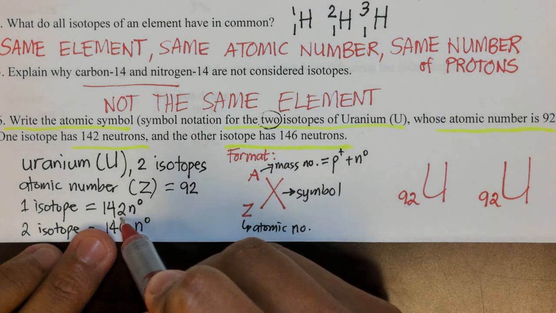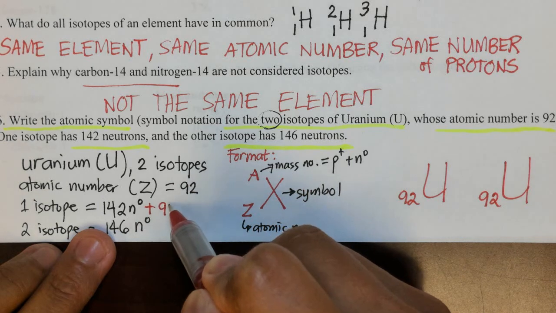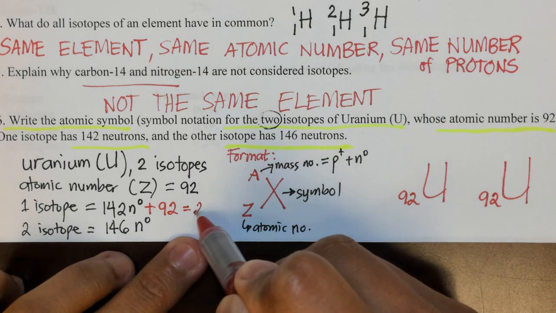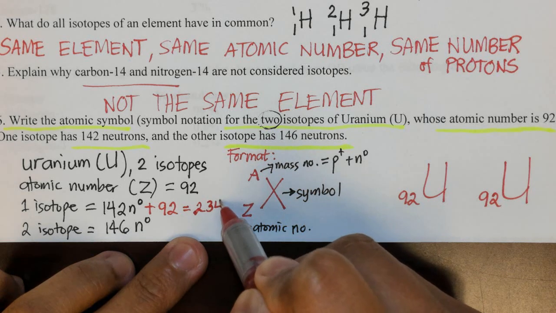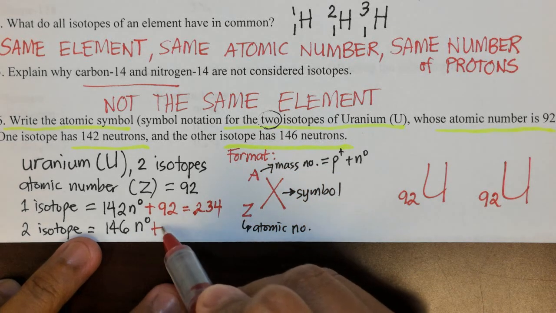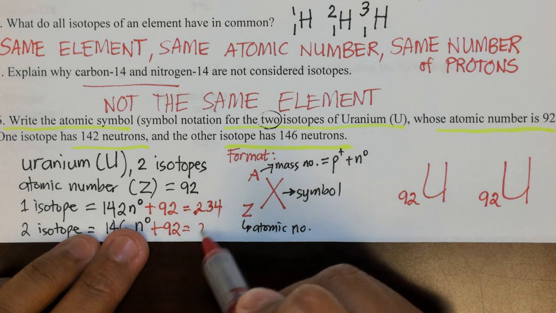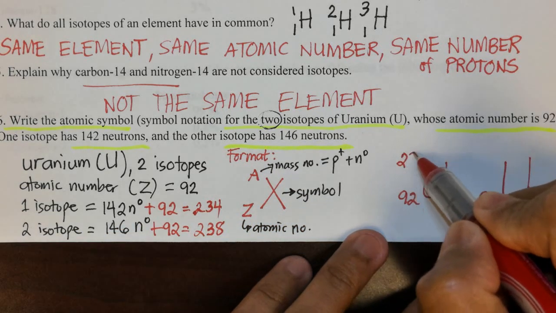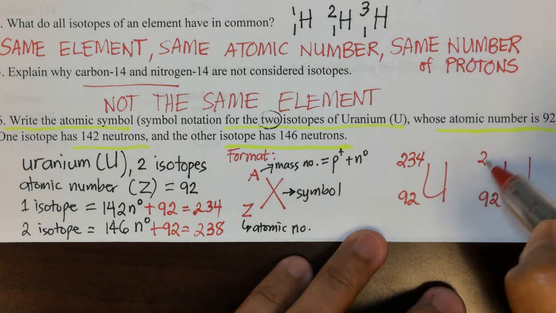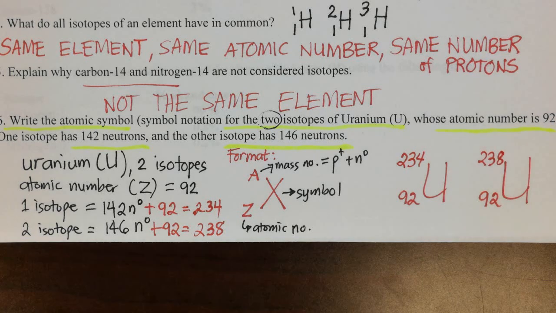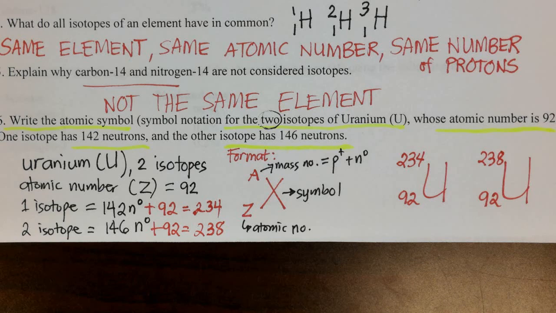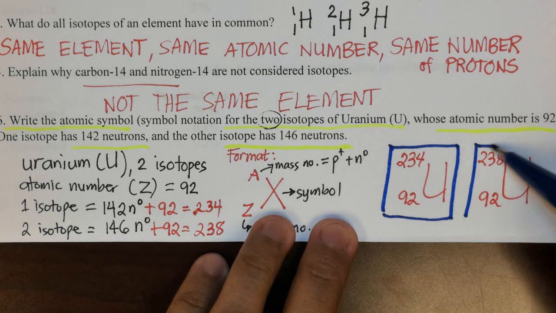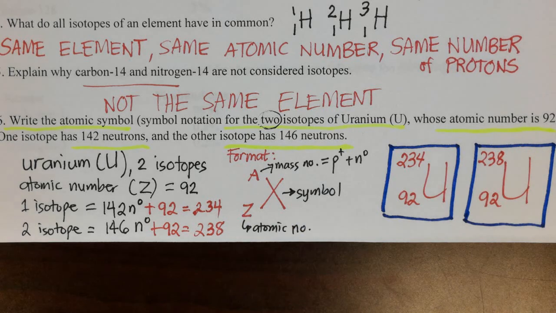So I'll add it to the 142. 142 plus 92, that's going to be 234. And for this one, 146 plus 92, that's 238. So all I need to do is put 234 here, and 238 right there. And so, these two are my final answer to the symbols being